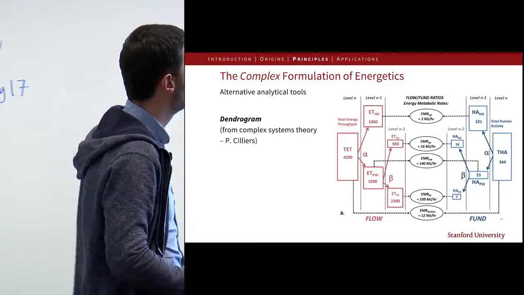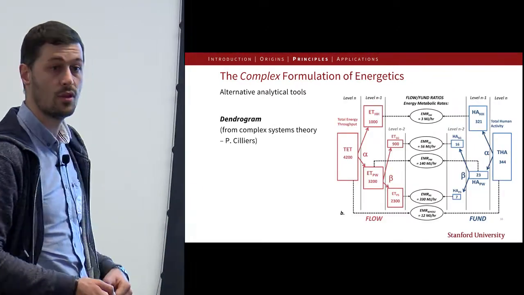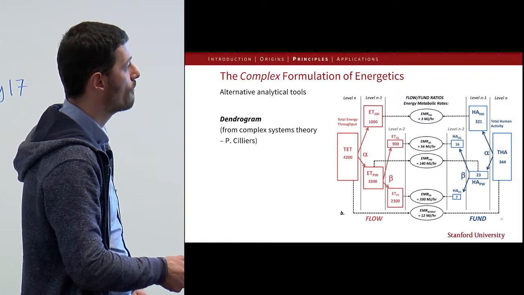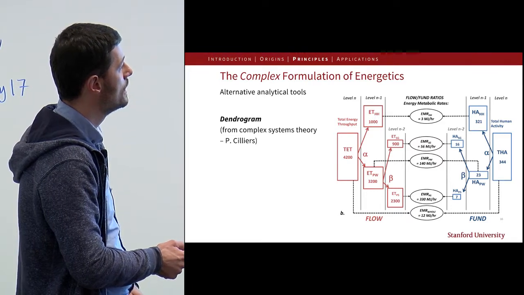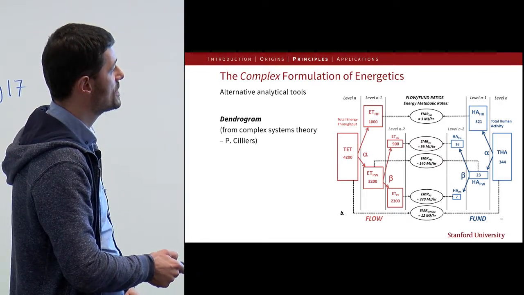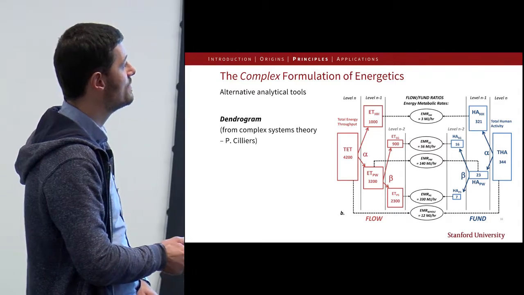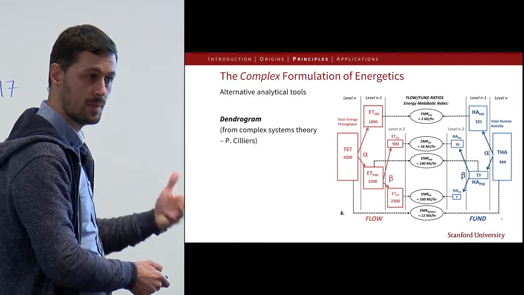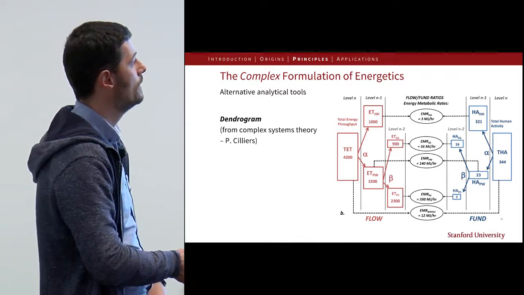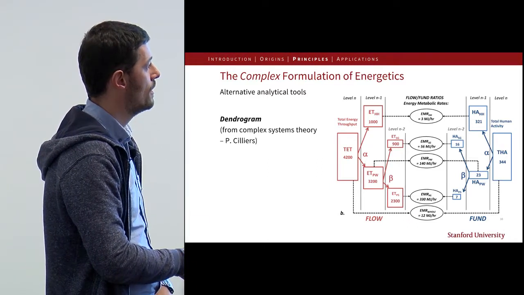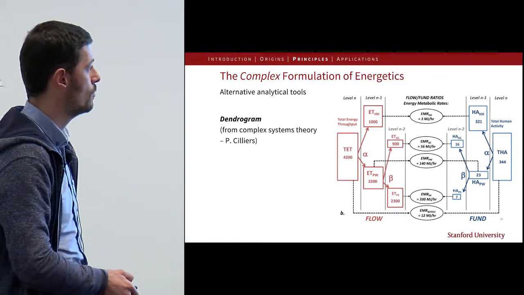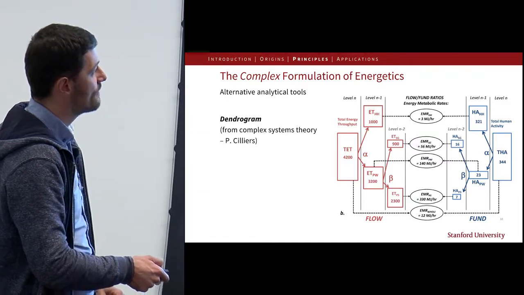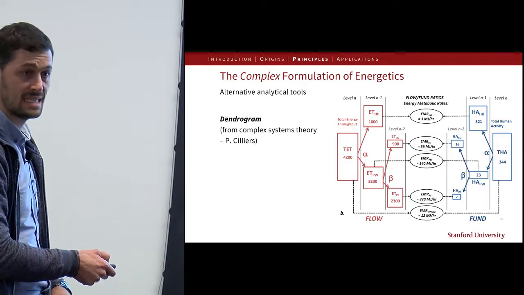Then a similar tool is the use of dendrograms. A dendrogram is basically about splitting a flow or a fund across the same scales. So you get, for instance, the total energy throughput that is divided between households and paid work, and further split between services and government institutions, if you want, and primary sectors, etc. And you do the same, for instance, with human activity.